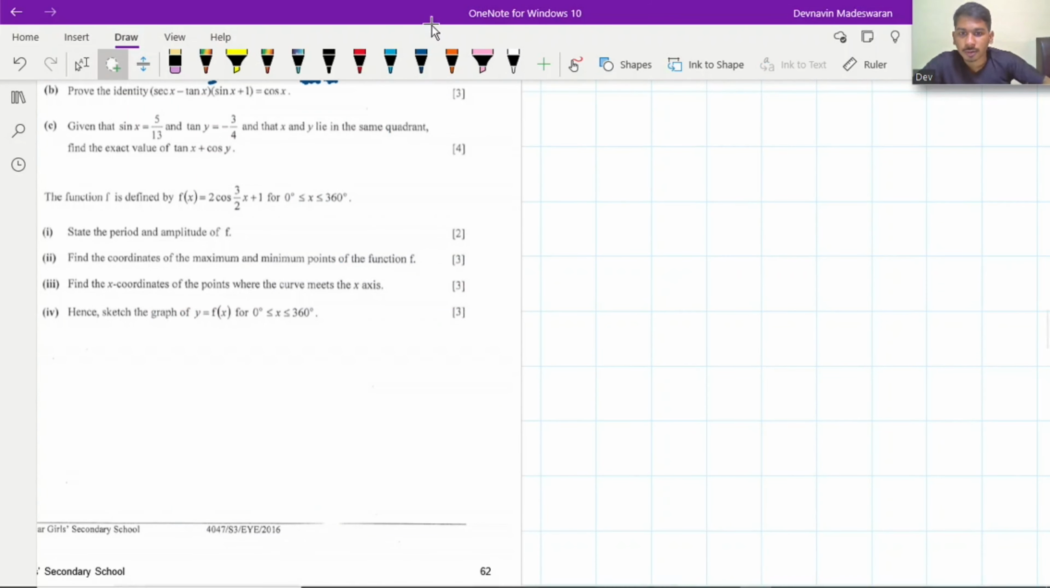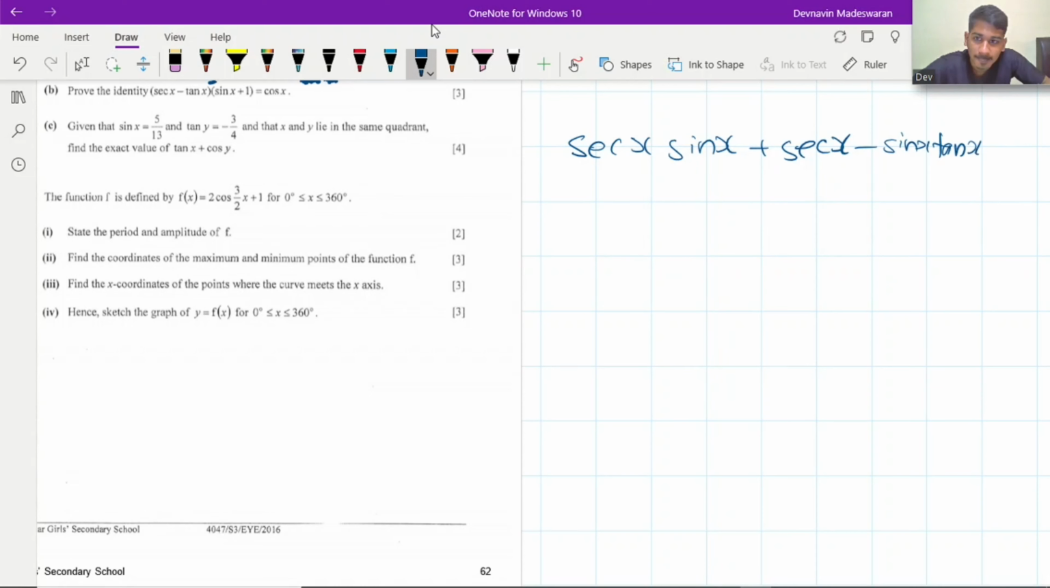Okay, let's continue. We're going to do secant x minus that. I need to prove that identity. So usually, let me think. But let's just expand it. Hopefully it works. Secant x sine x plus secant x minus sine x tangent x minus tangent x, which is going to be 1 over cosine, so it's going to be tangent x. That will minus over that, minus tangent x plus secant x